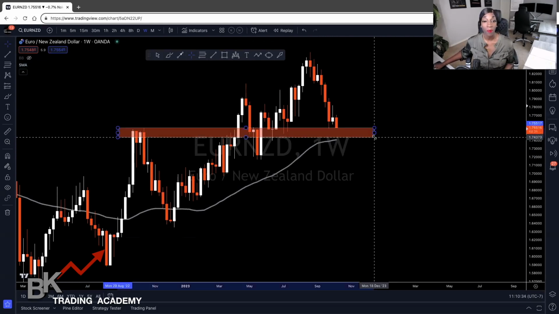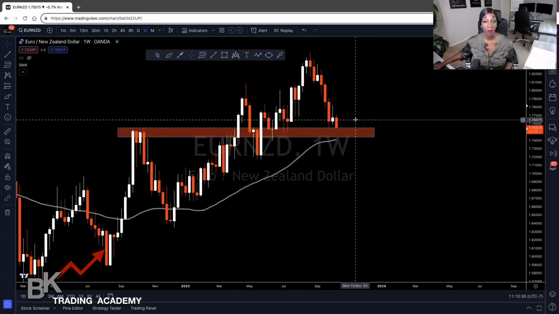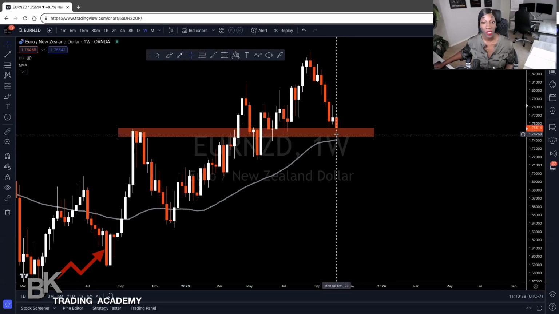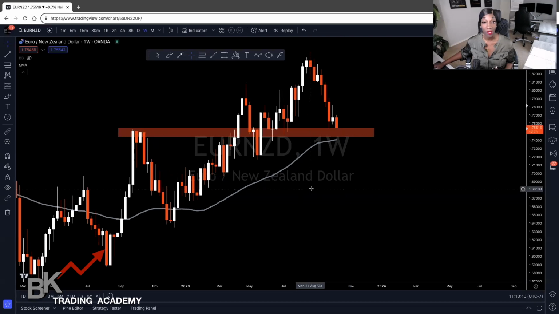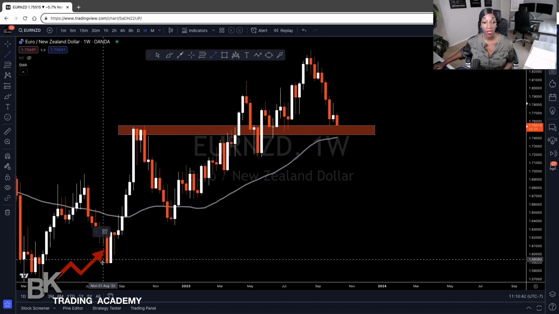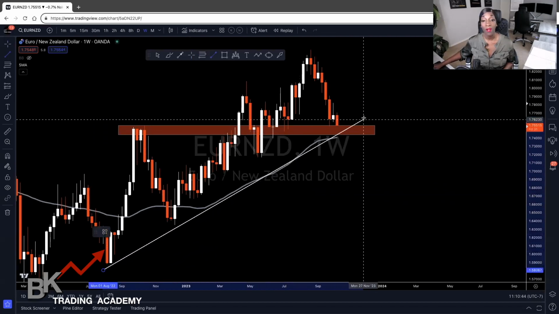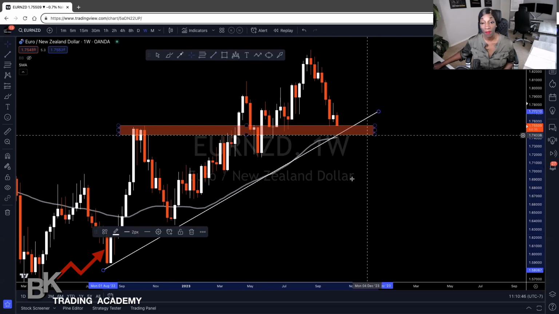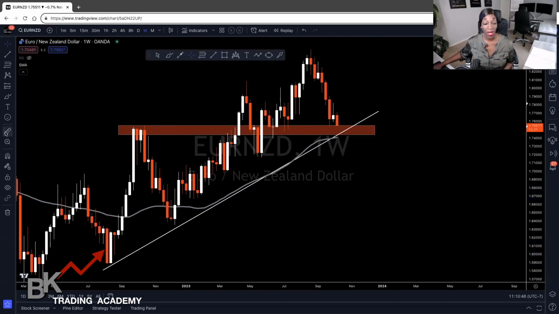I like to use the 50-period moving average. And as long as price stays above my 50-period moving average, it rejects off of my level of interest and continues to trade in this uptrend, then I will continue to go long. However, if price breaks below my 50-period moving average, for example,